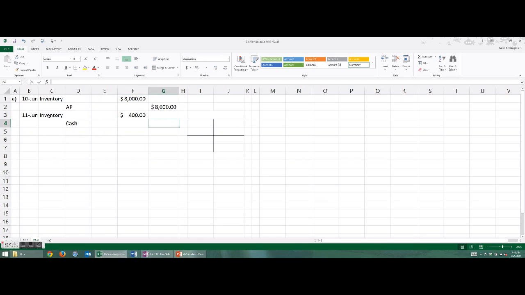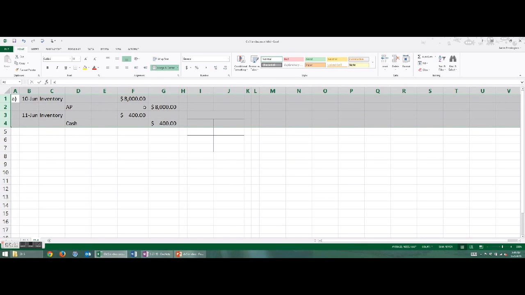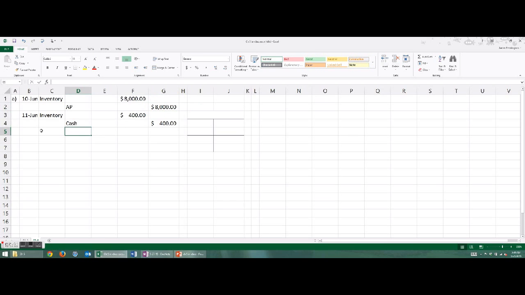Alright, on the 12th, damaged goods totaling $300 are returned to Epps. Okay, so when we look at what's happened here, there hasn't been any cash payment yet. Alright. So what's going to happen? The goods are going to be returned and the company's not going to be obligated to pay for them. So what that is a reduction in account. On the 12th of June, damaged goods